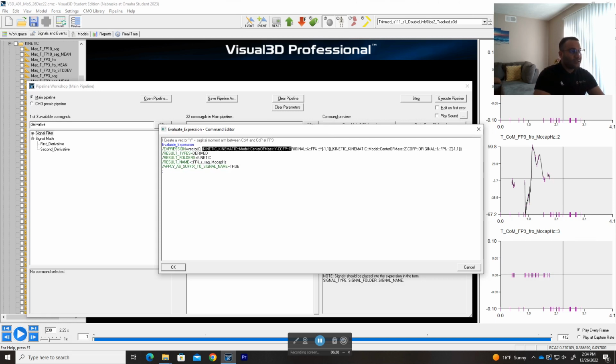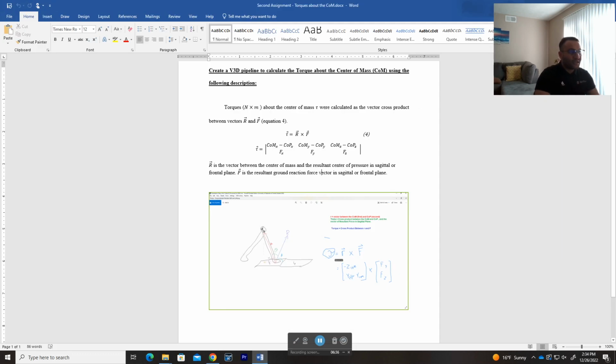But here's what I did. So basically, in the y vector, I gave a 0 to the x vector because we're calculating this moment arm in the sagittal plane. So in the y vector, I basically subtracted the center of pressure from the center of mass. And again, like I showed you, it always has to start from the center of mass minus center of pressure. So we're doing that in the y because we're calculating the sagittal plane, and then the force plate,